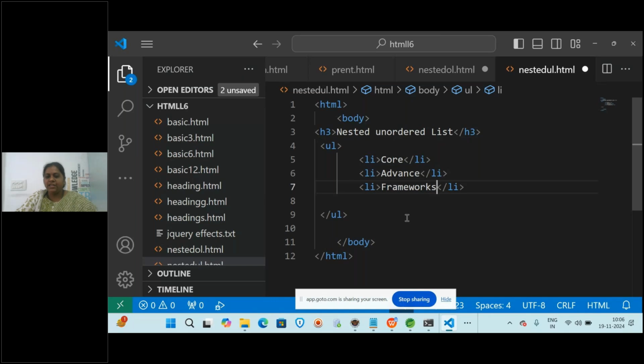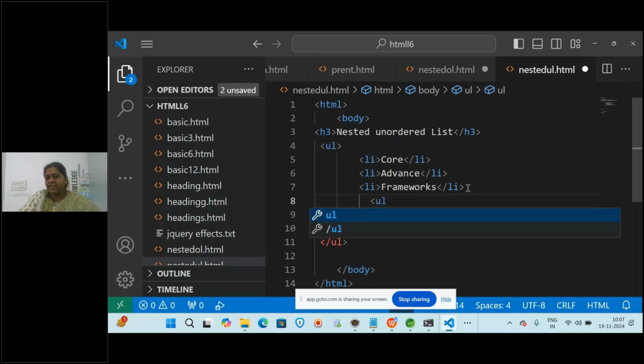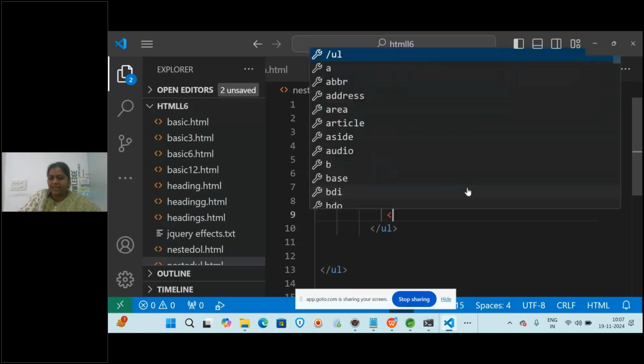Okay, so again in the advance or the core you may have subtopics. Understood? Yes or no? In the frameworks, let us say you are having subtopics. It need not always be in the middle. For any module you can have submodules, right? So now here in this list of items, again I want one more, so I will be starting UL again. In this unordered list I'm going to write li.